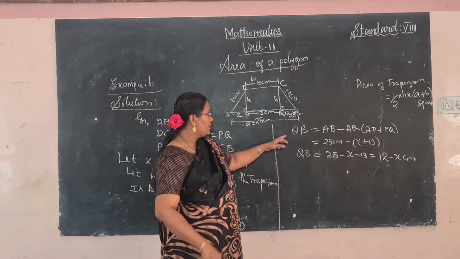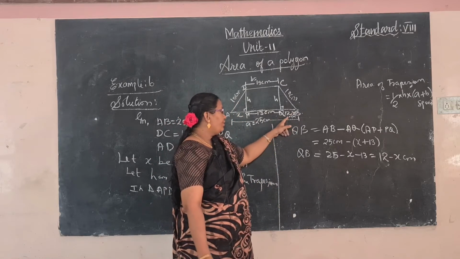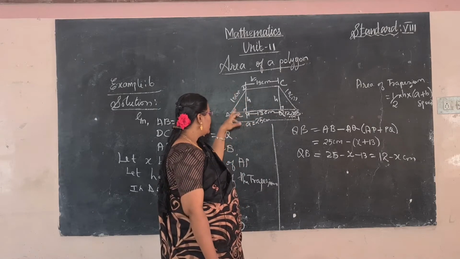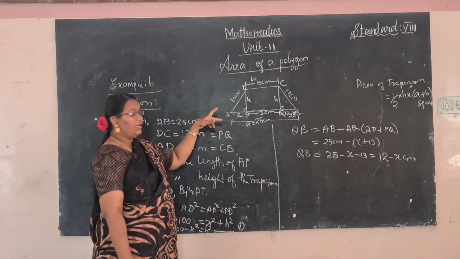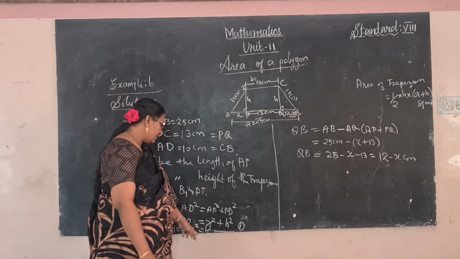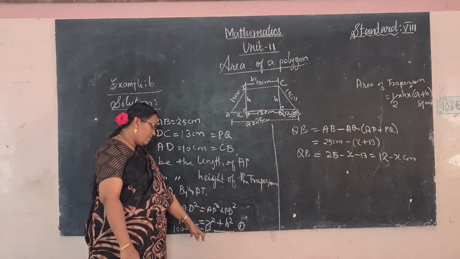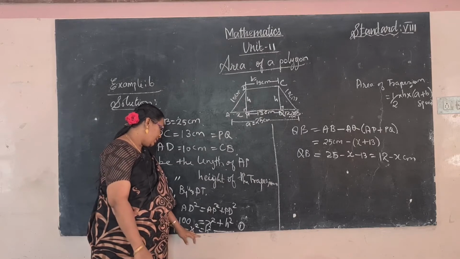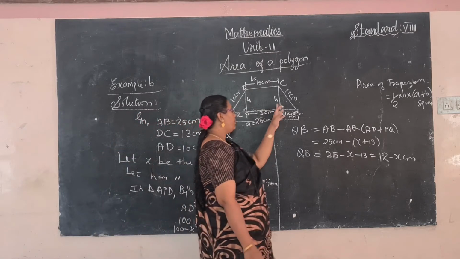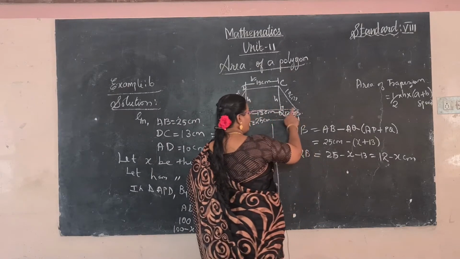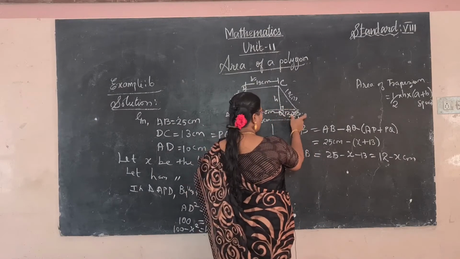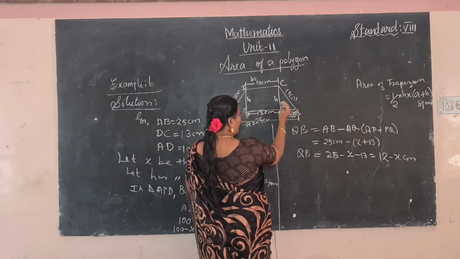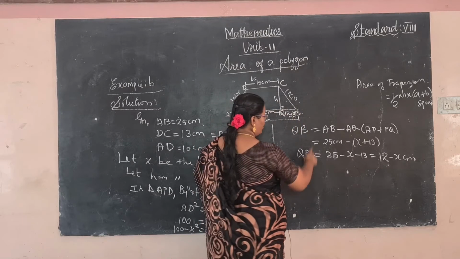Do you understand this part? Why do we find this? I have found the value of h. So on this side we have considered BX. Using these three values with the Pythagoras statement, we have calculated the value of the height: h square is equal to 100 minus x square. Now compare this side. We need the value of the base QB. So how can you find QB? You know the whole value. Subtract this value, we get this portion. So we write like that.